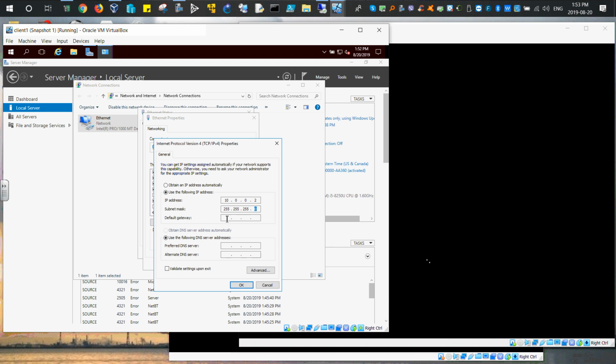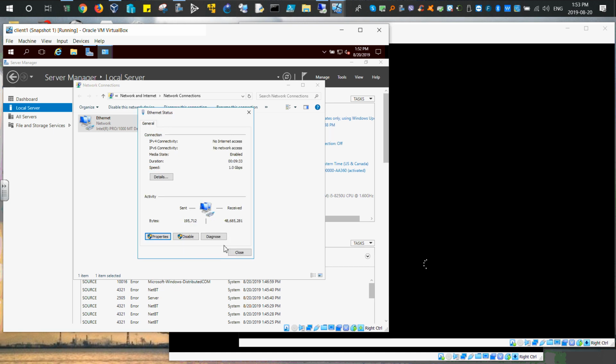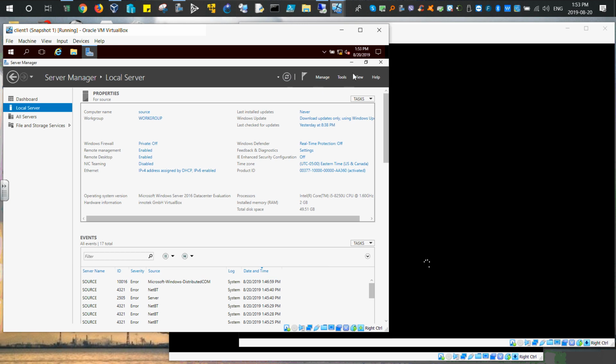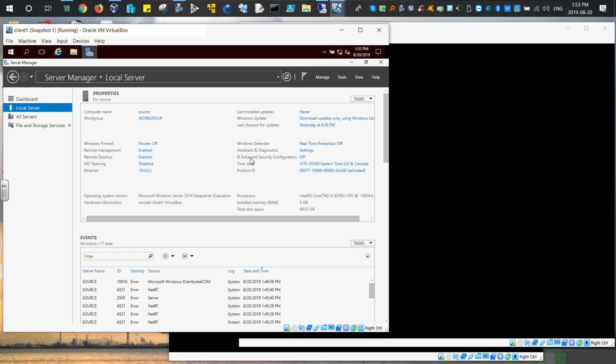I'll put the default gateway here because, you know, if I would like to get to the internet, I would go to 10.0.0.1. DNS for now, we're going to skip it. We need to put it after this, but for now, we're going to skip it. I'll click OK. I'll click OK. I'll close this. I could even refresh here on the top, this small circle with the arrows inside, which will refresh whatever you do, and it will change it. Now I see the IP address I just